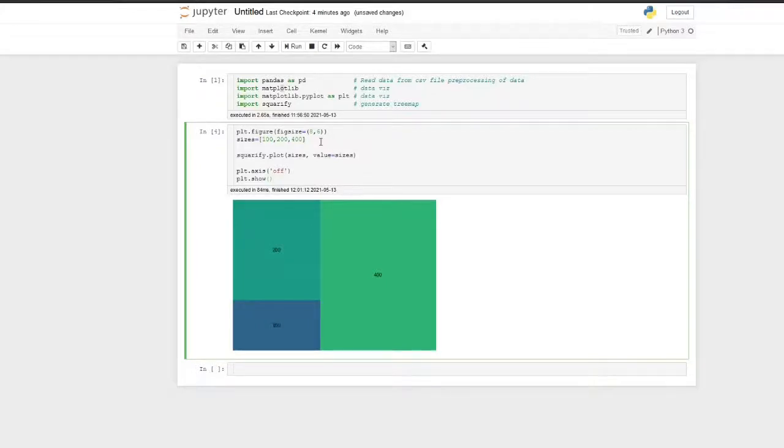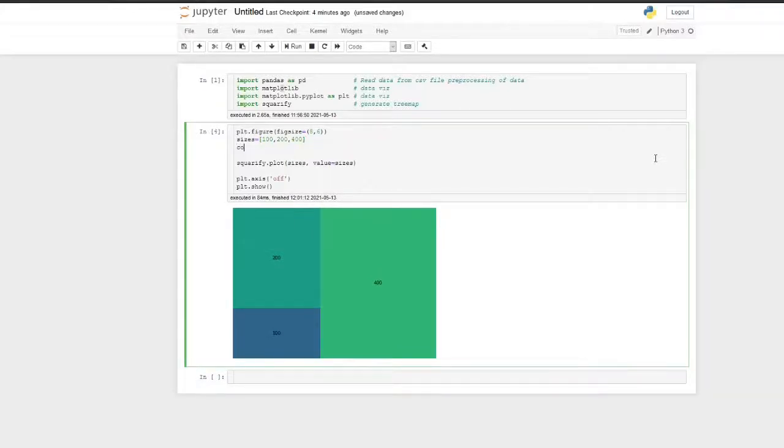So that means the colors are currently assigned randomly. If I want some specific colors, I can use colors and provide an array of colors as an argument.